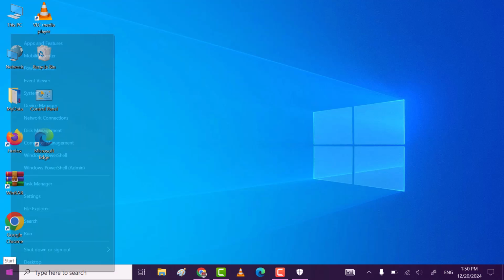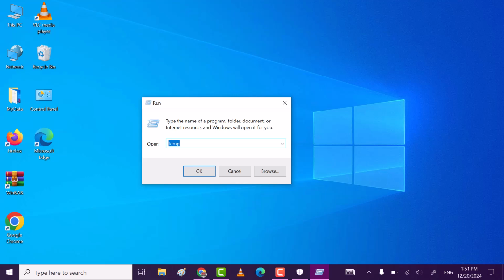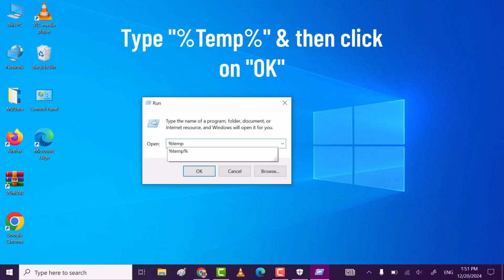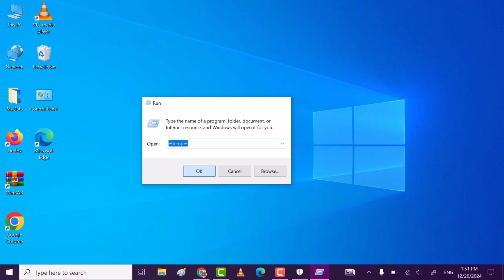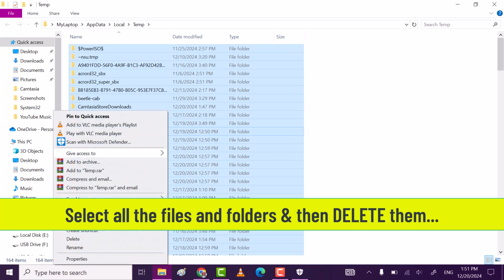After that again open Run. Now this time type %TMP% and then click on OK. Do the same from